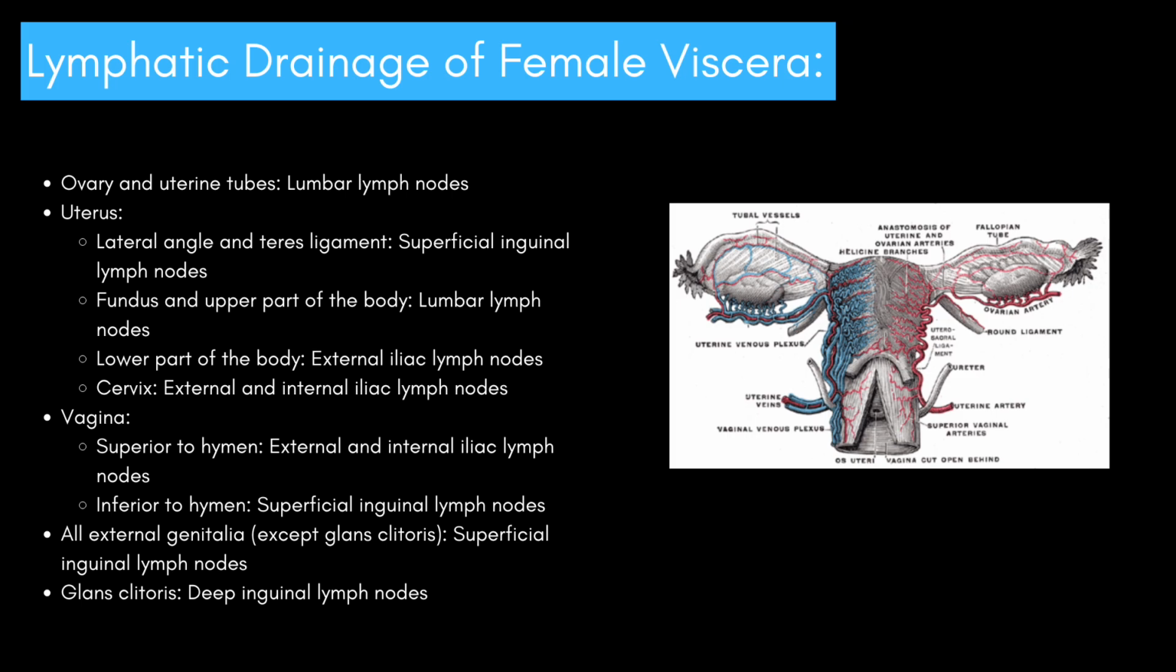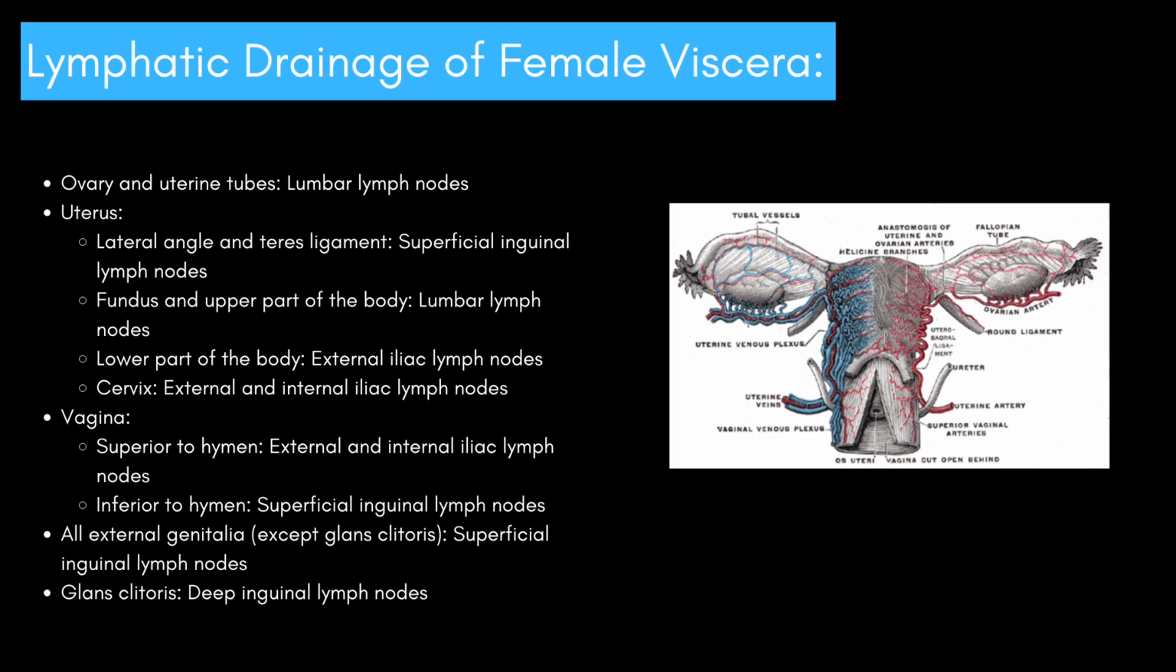Let's next take a look at the lymphatic drainage of female viscera. Ovary and uterine tubes: lumbar lymph nodes. Uterus, lateral angle and teres ligament: superficial inguinal lymph nodes. Fundus and upper part of the body: lumbar lymph nodes. Lower part of the body: external iliac lymph nodes. Cervix: external and internal